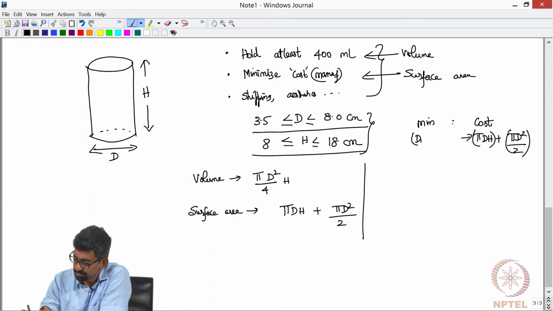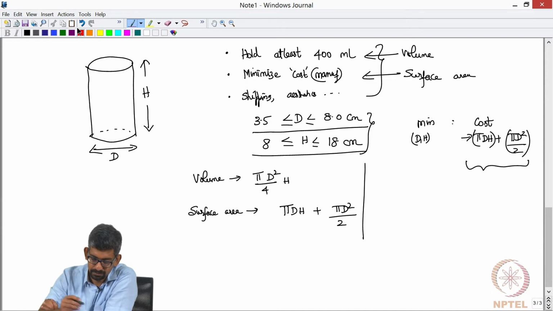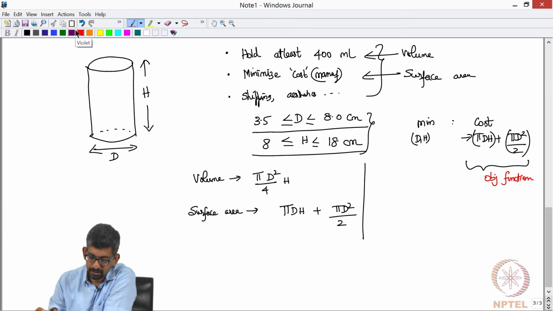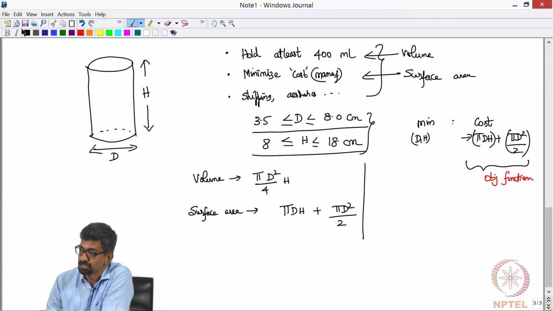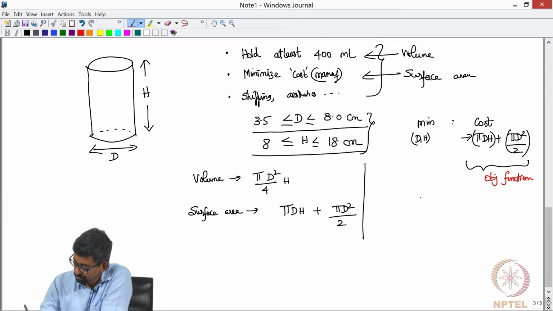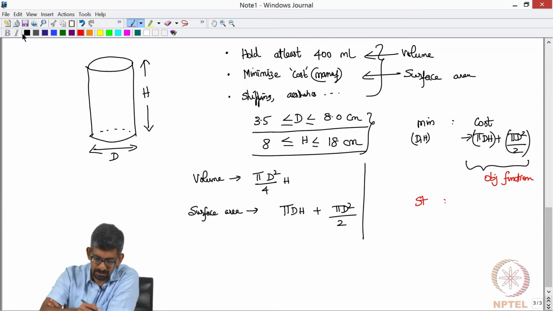What are my design variables? D and h. This is how it is written: minimize, underneath that your design variables, and what is your objective function. This is entirely called your objective function. If you go to departments like management, it is usually called a cost function. We can also call it a cost function because eventually it will relate only to cost, such that